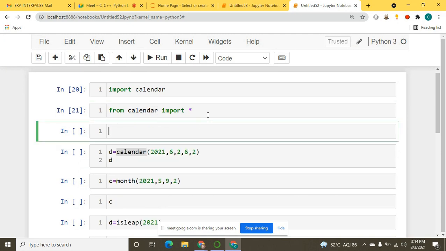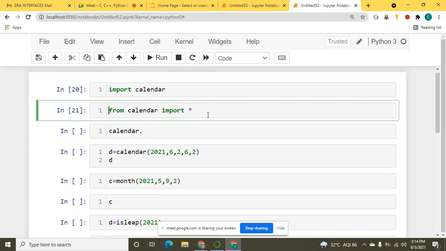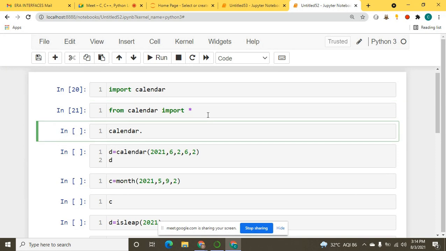One example: I said calendar dot, and when I type C, and after that I press tab, I got calendar, right? Let me see M and tab.